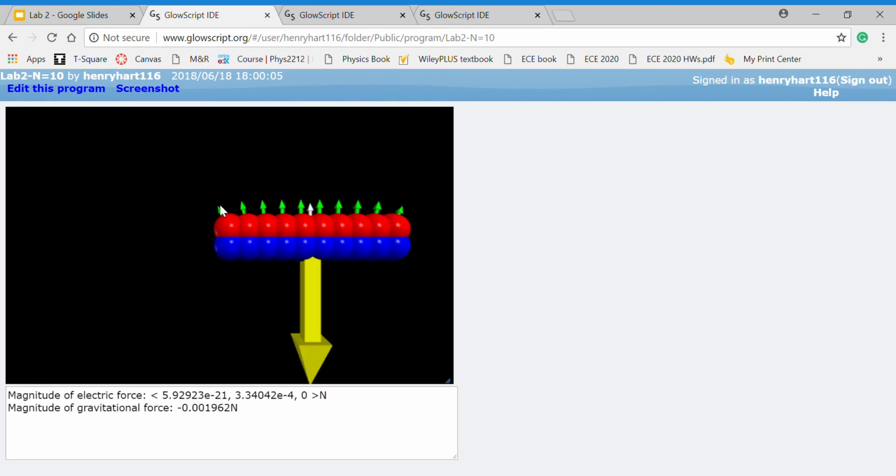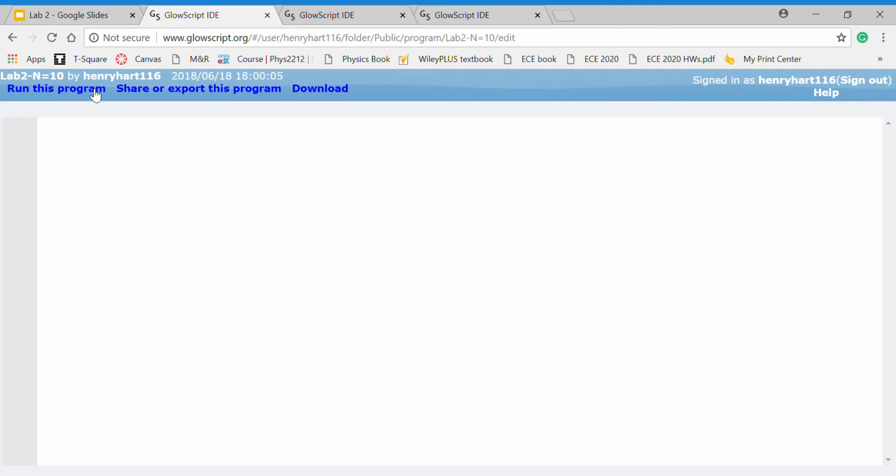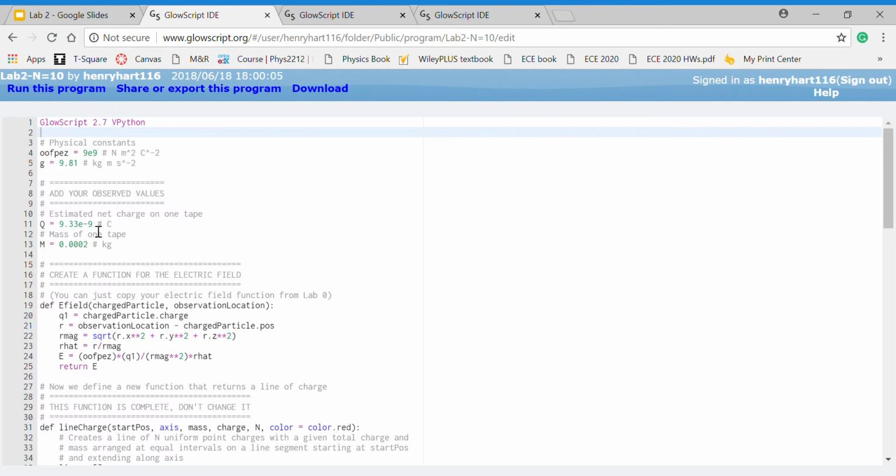we can see our electric field vectors on the red tape, which is tape 1, and blue is tape 2. We can see our gravitational vector. But we see that the electric force and gravitational force are not equal as we expect them to be based upon the momentum principle in our calculations. This means our estimate for point charges is not very accurate. So we go back and we would eventually have to plug and chug and figure out a different kind of solution for this, but we found that it's about